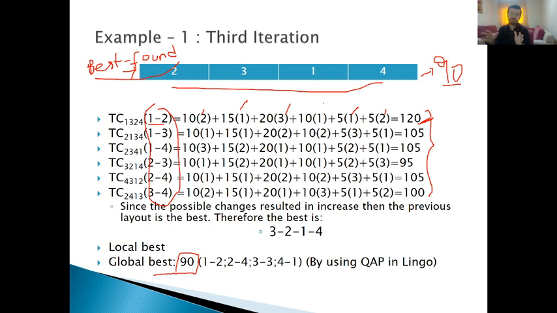This is a solution for a given initial layout. So if you want to make sure whether this solution is good or not, you can go back and change your initial layout and do all these steps, go through all these iterations and look for whether there is any better layout or not. Okay,